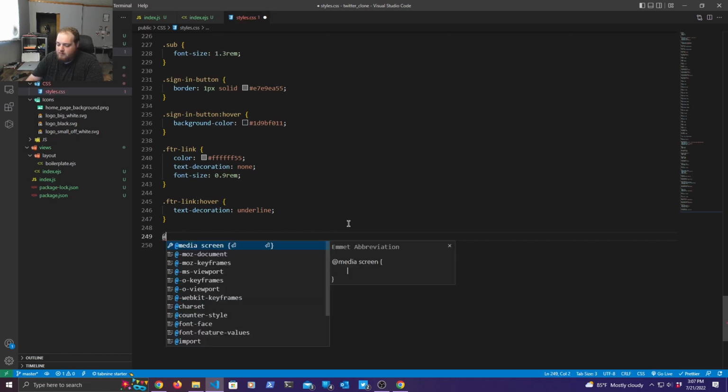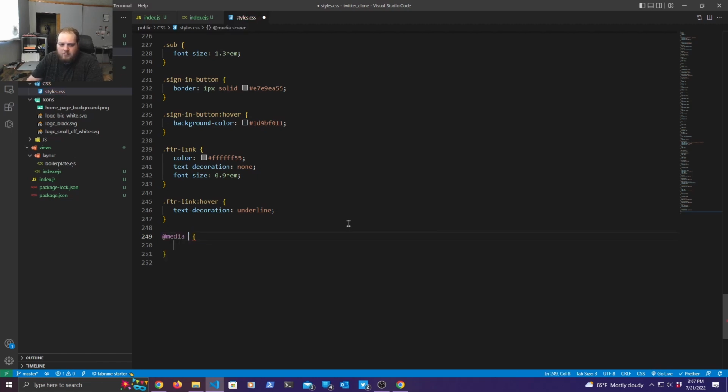So, nope. So minimum width. So I want to set, let's see,